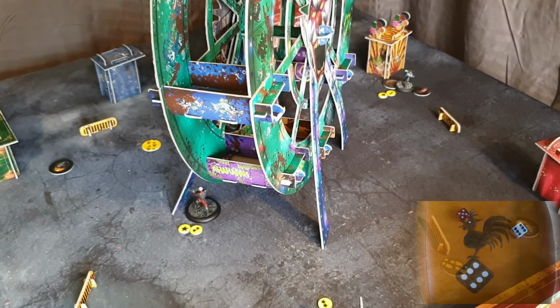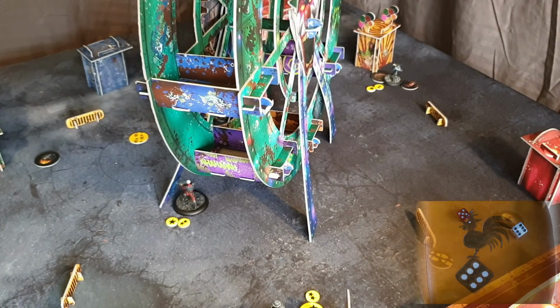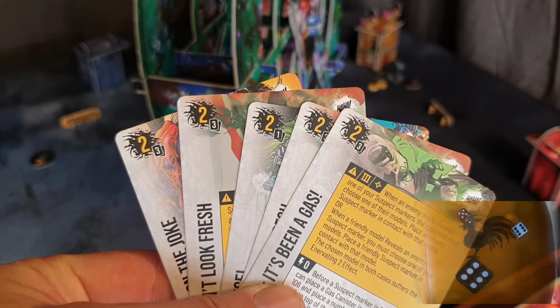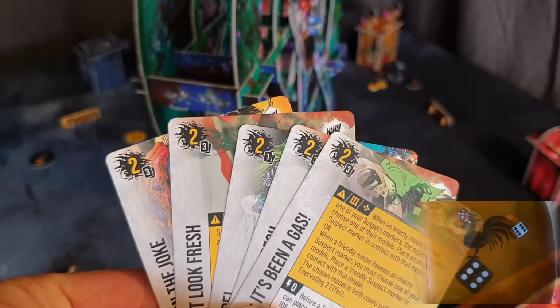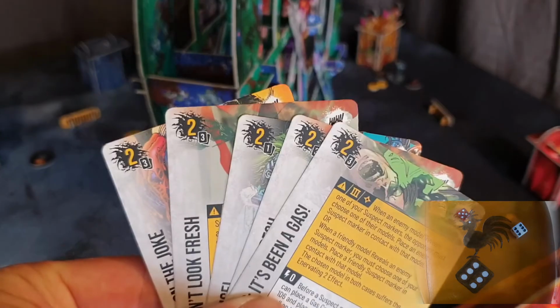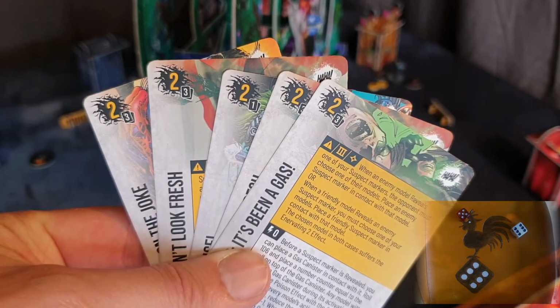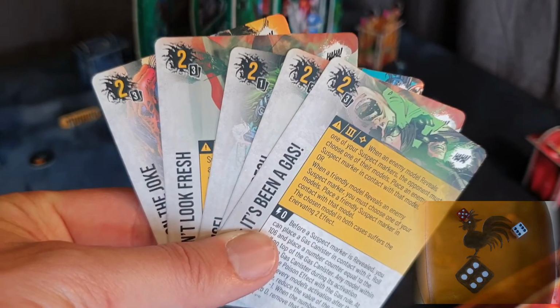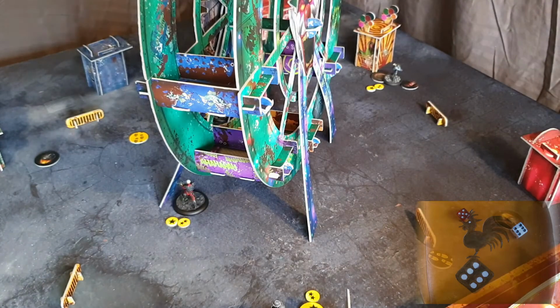So the Joker's team have got, it's not good, they've scored 5 objectives, giving them a total of 10 points there. Oh, camera, stop doing that. So 5 objectives from the Joker's side, 10 points, 10 victory points for the Joker at the end of the game. Bats team, however,